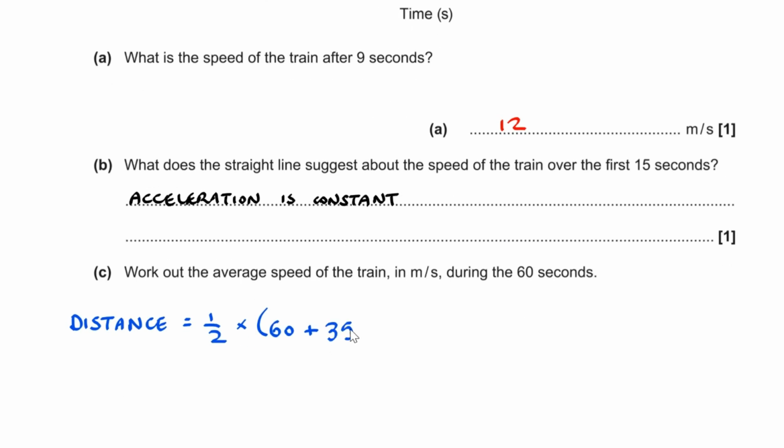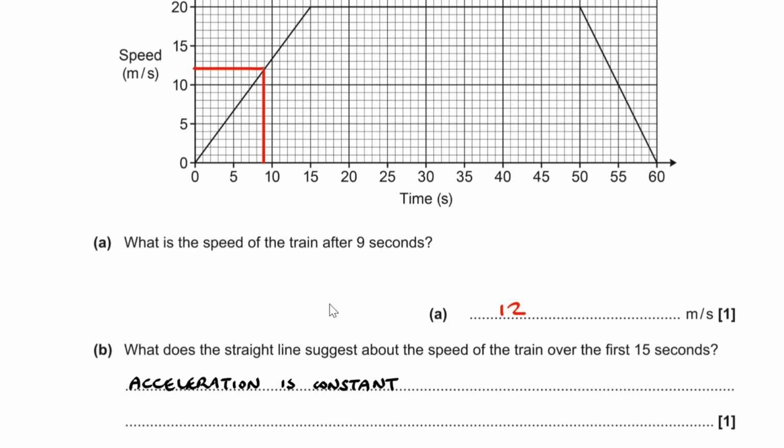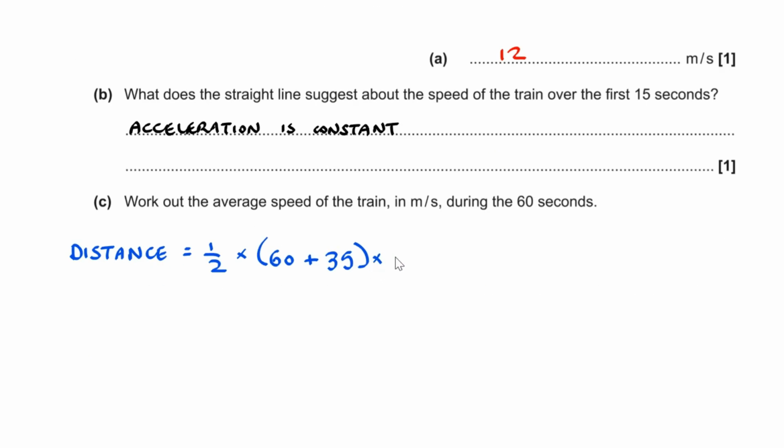And the height, that's 20. So we've got 10 multiplied by 95, which is 950. So we've got 950 meters that we travel in total,